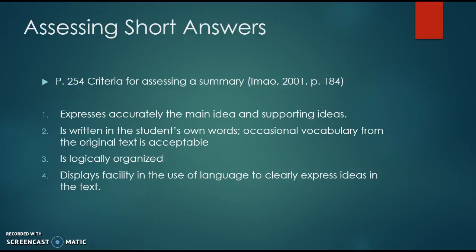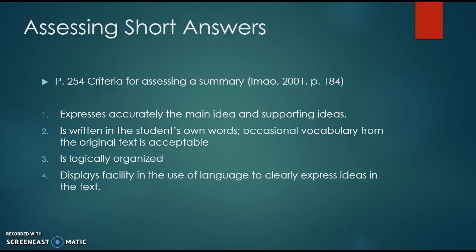Okay, and the last part that I wanted to talk about is on page 54, where Brown gives some criteria for assessing a summary and gives 4 criteria. Now, what could we do with this? Well, we could create a rubric, right? We could create a rubric that uses these categories and maybe 3 or 4 levels of the quality, scaling the quality of the answers,